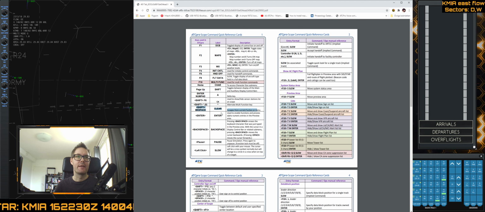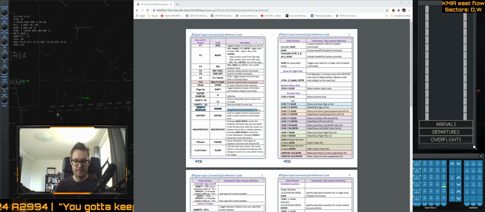And we have that here. There's a clear button on a STARS keyboard, which is simulated in the game by hitting Shift and Backspace. That will escape from the current function or menu, is what it does. So if I do that here in the terminal controller window now, Shift and Backspace. Now once that is done, if I type a number again, 150, and enter,